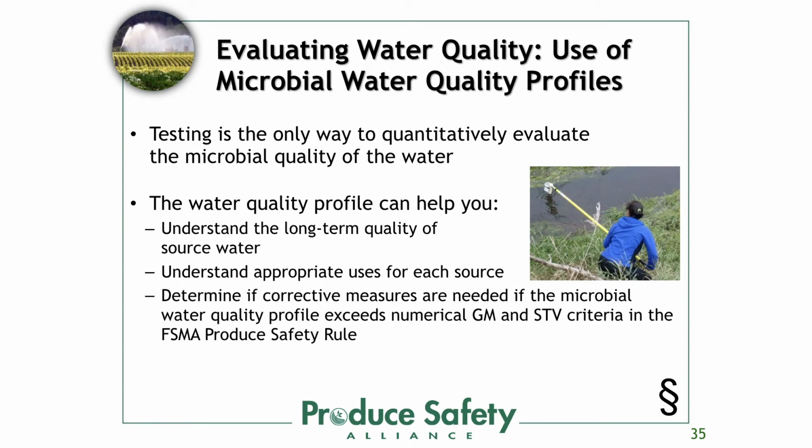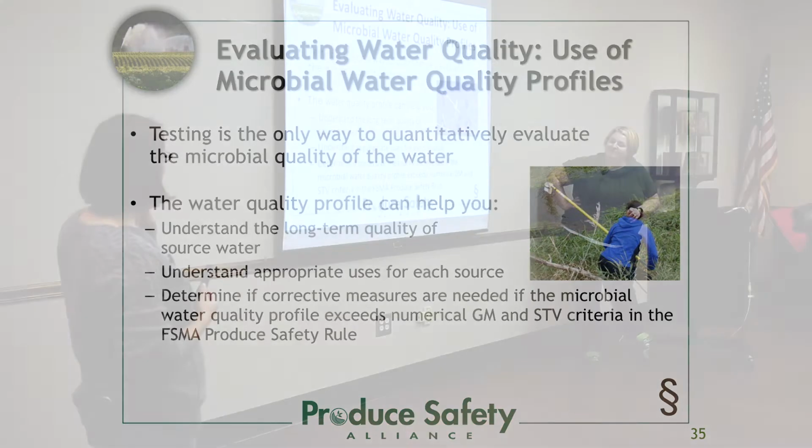So evaluating water quality using the microbial water quality profile, and this is the catchphrase in the FSMA rule. Again, testing is the only way to quantitatively evaluate the microbial quality of your water, and the microbial quality profile can really help you understand the long-term quality of your water source and understand appropriate uses for each source, and then determine if any corrective measures might be needed if the quality profile is exceeding the numerical geometric mean and